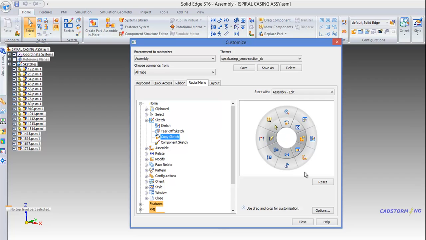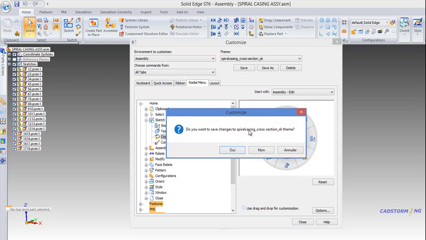Okay, and then close. Okay, now I will save to the previous theme, so you say yes,